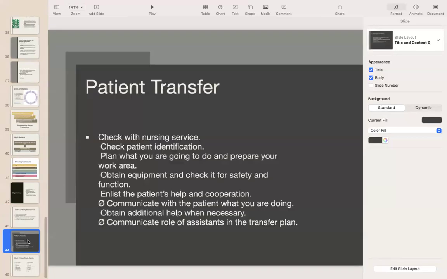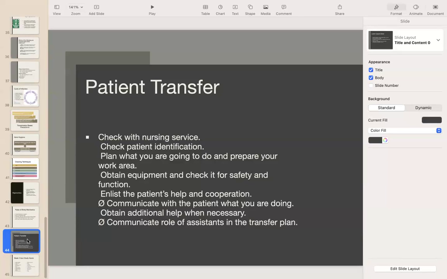And then lastly, patient transfer. Like I said, a lot of times we're moving patients. A lot of times you work in outpatient. Your patients, we call them walkie-talkie or ambulatory. They're not going to need as much help. But then you may get in a situation where you work in a facility, in a hospital, or a setting where patients are on stretchers, or they're in wheelchairs, or they're in the units and they really can't move too well. So you want to make sure you follow patient transfer rules,